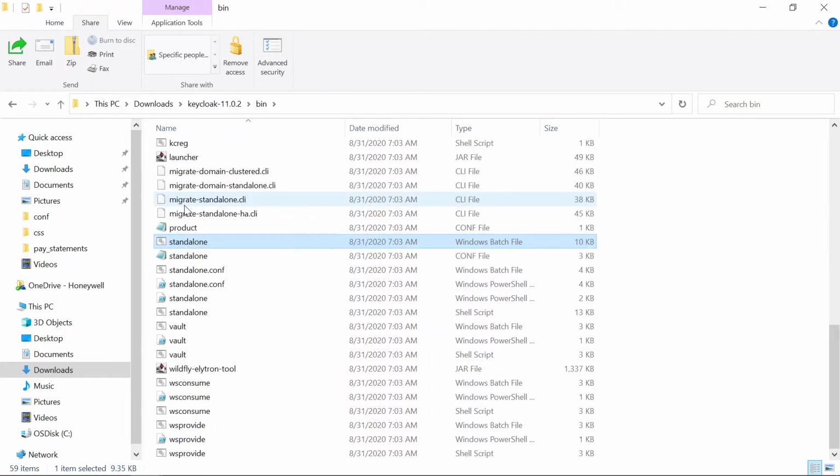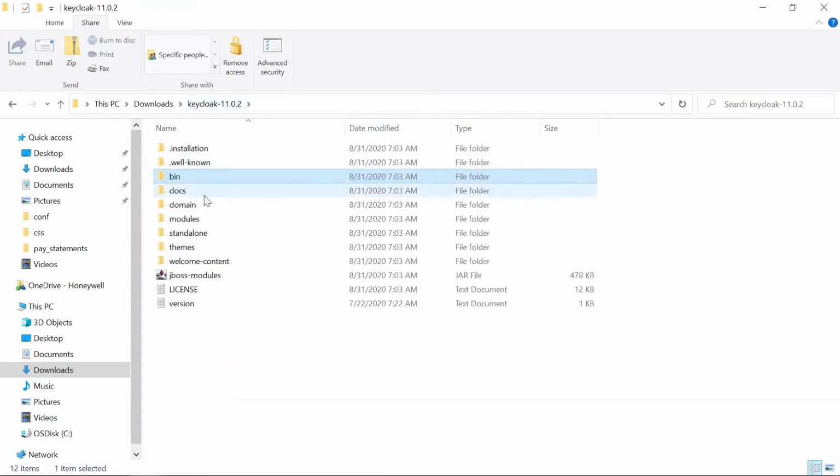For standalone, we can go here. We have to execute this file, standalone. For Windows, you can use the batch file, and for Linux or Unix based OS, you can use the shell script. So let's move on with what we are going to change before executing it. In the normal scenario, mostly port 8080 is required, at least for me. For you it might not be. In that case, you don't have to do anything. You can directly execute this file, and it will run Keycloak on port 8080.